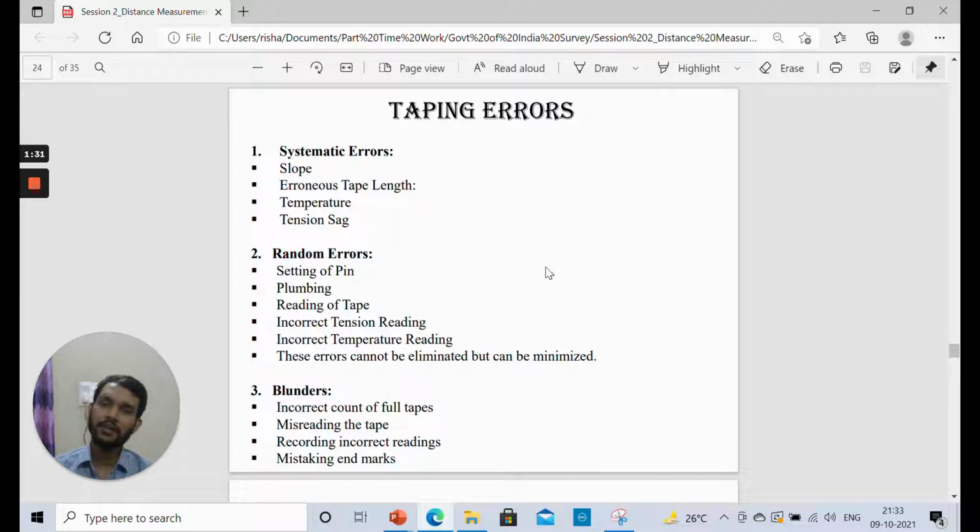Sometimes random errors may be the same as blunders or systematic errors also, but these errors are difficult to eliminate and can only be accounted for by taking into consideration the mathematical law of probability, only by probabilistic analysis, because they do not follow any mathematical rule. They may occur in any direction. So we need to cover for these types of errors.